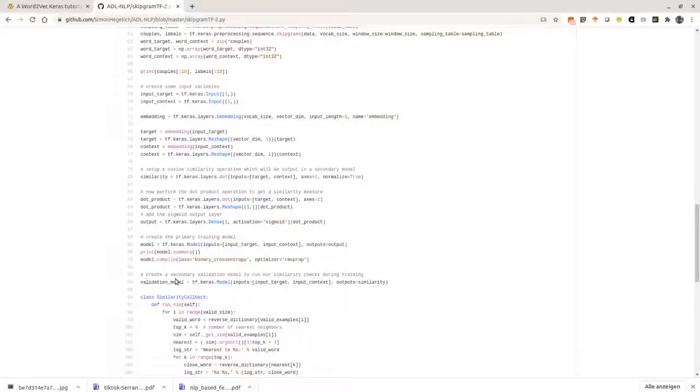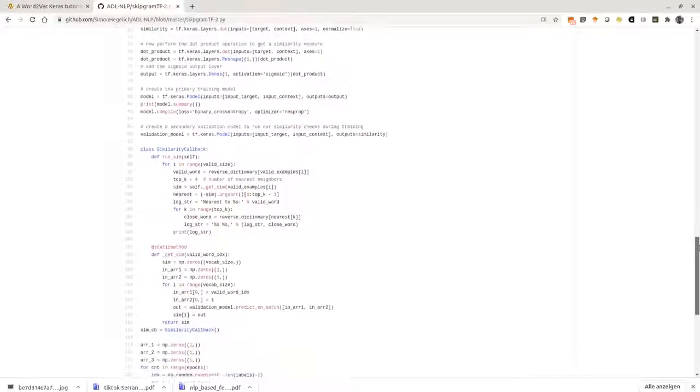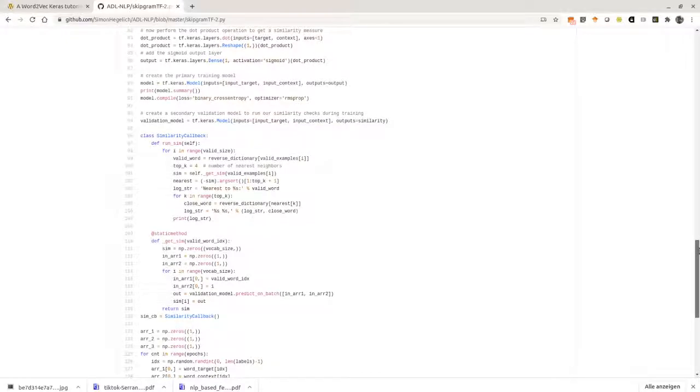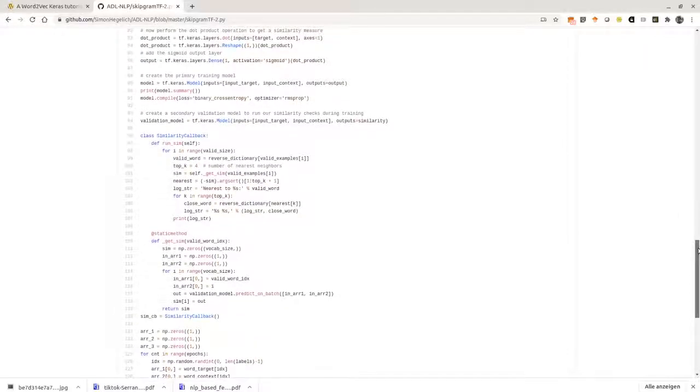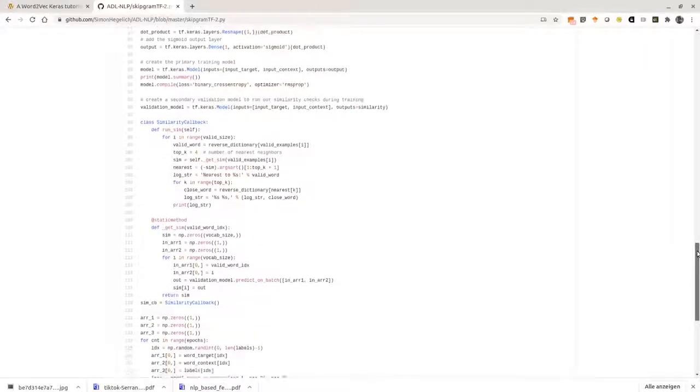Then we create a second model. This is our validation model. And for this validation model, the problem is we want to find out, is our model really learning something? And this is not so easy to do. I will tell you something about this a little bit later. But to create this model, we create a subclass, a similarity callback class. And in this class, we run similarity call. And this means now we are testing